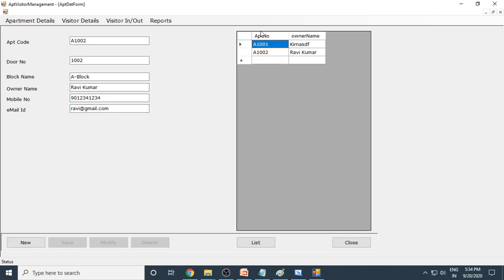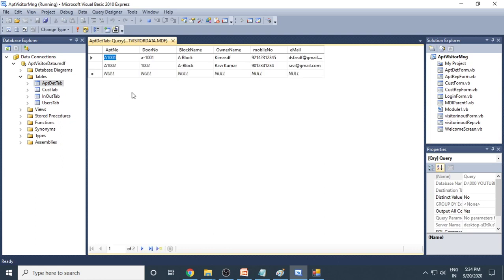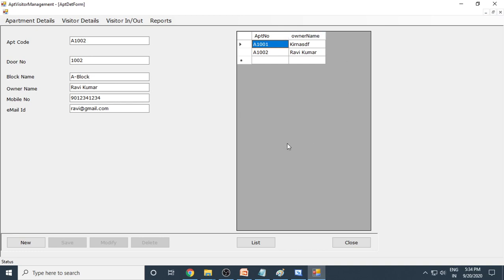The record is saved. And here is the data grid view. So the data whatever you entered will go to the corresponding table. I can show you the table. Now if you go to apartment, whatever we just entered, you can see that the data is there here. So we are inserting the data to the table. The same will be fetched from the table and displayed in the grid view. This is the data grid view.